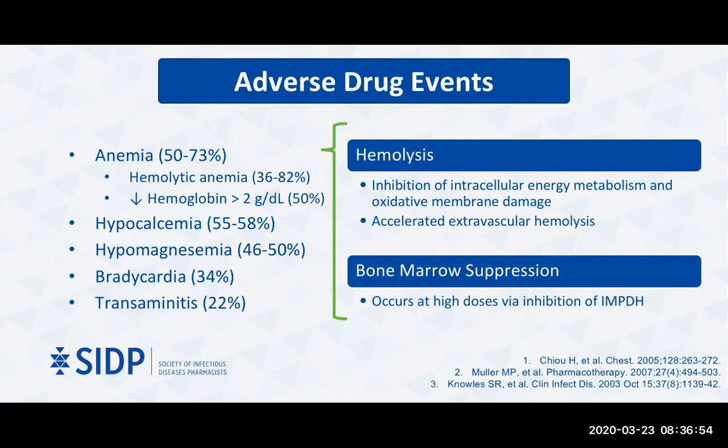A second mechanism of anemia is direct bone marrow suppression at the point of generation of these red blood cells. This typically occurs with high doses of ribavirin, which include the doses being considered for SARS-CoV-2, and this is typically via an inhibition of IMPDH, and essentially the ribavirin at high doses turns into chemotherapy. And so if you look at the particular details for anemia, what have been noted in the trials, hemolytic anemia happened anywhere from 36 to 82%, and significant drops of hemoglobin of greater than 2 grams per deciliter happened in at least half of the patients reported in one study.